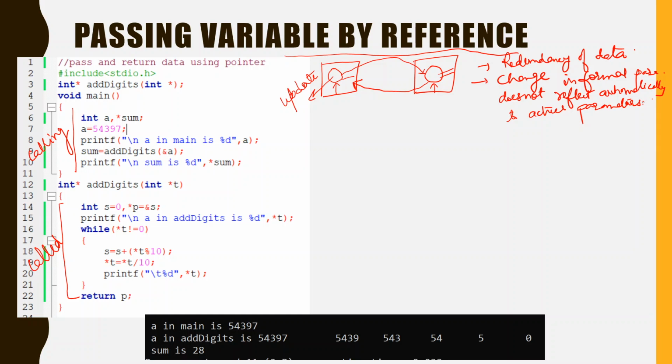So the solution that C programming has is that, instead of passing the actual parameter, the reference to the actual parameter will be passed.